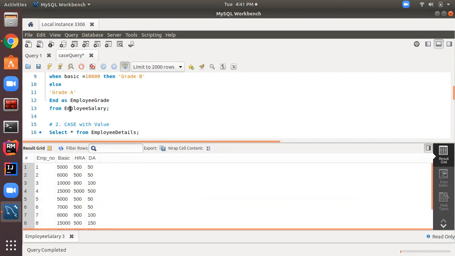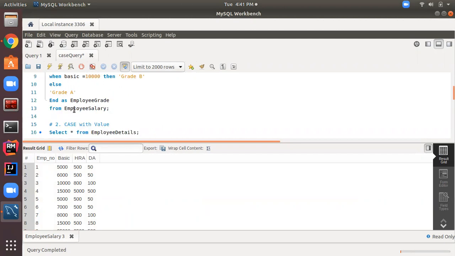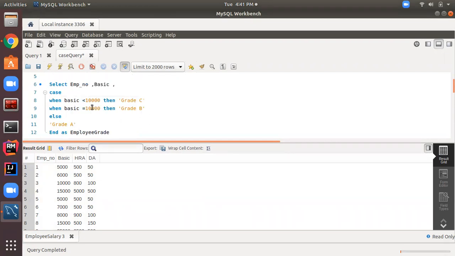After that we will give the table name from which we are going to check the basic salary. So this is one example of the case statement.